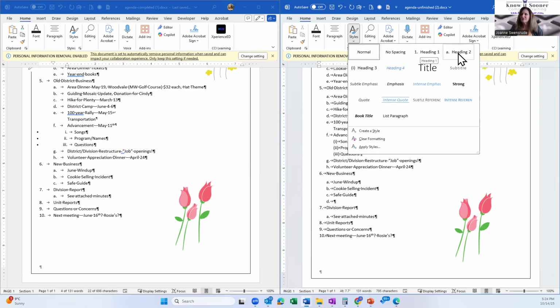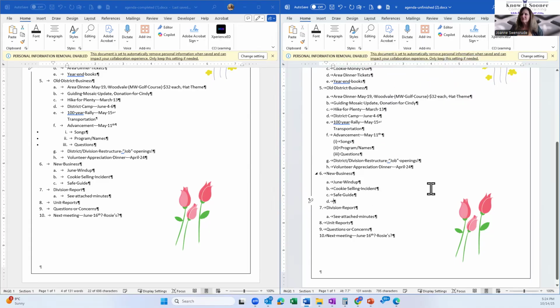Should it be a 7? Should it be a D? Should it be a Roman numeral? I don't know. Let's say it's a D. And you just type. Change your mind? Okay. It's so easy. And you can use your